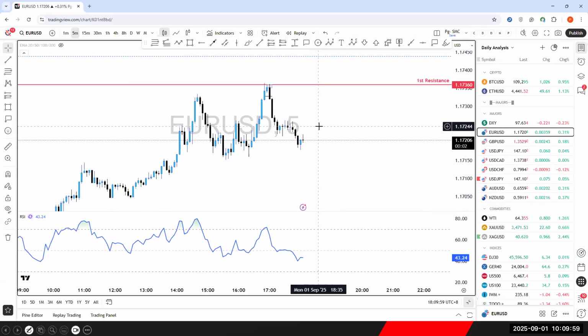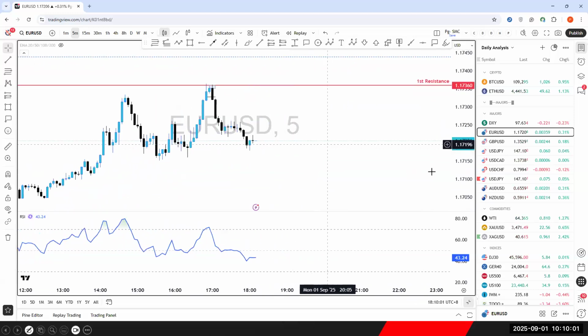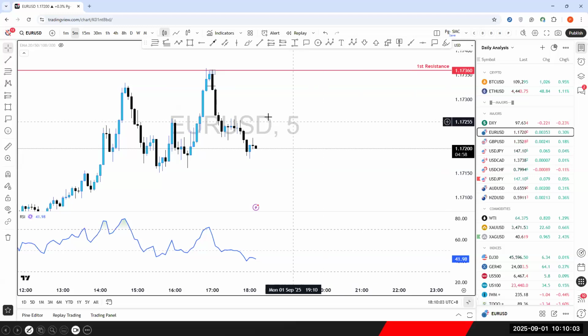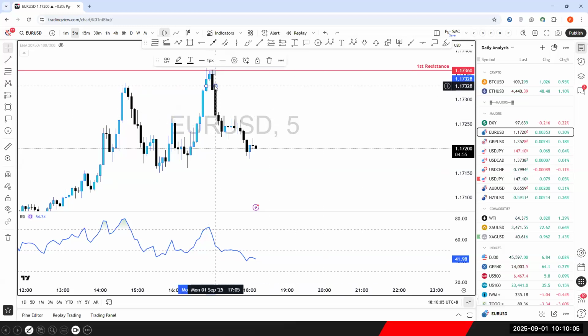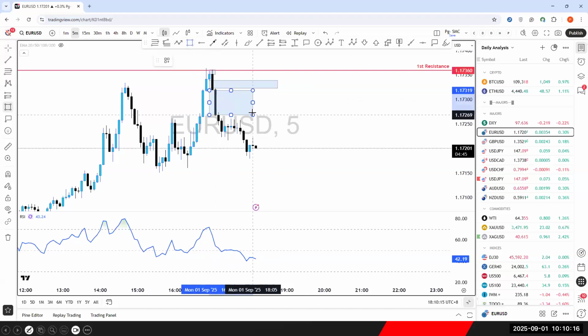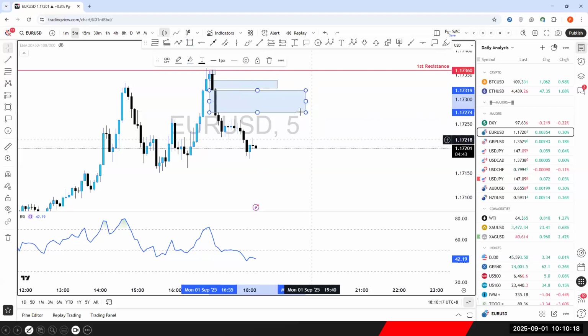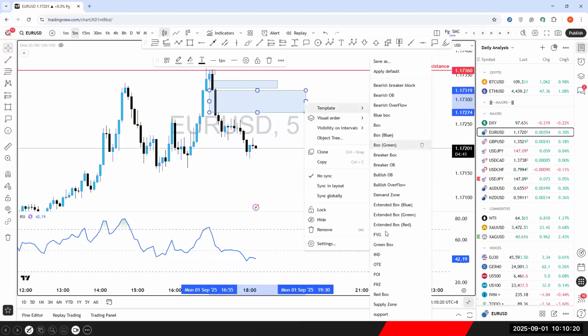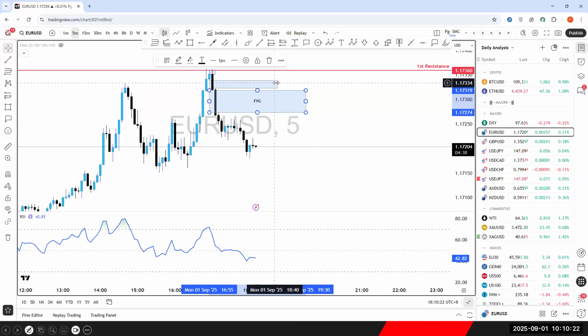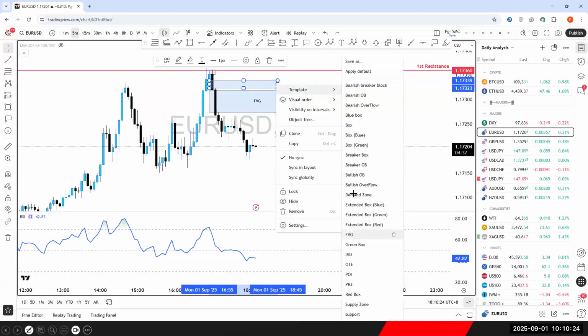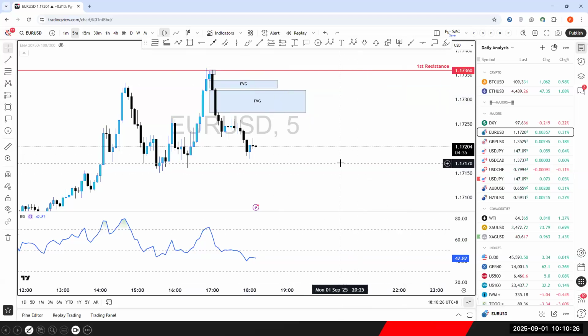Okay, in M5, what do you see? In M5 here, if price pulls back up, what I can look at here, we have FVG. This is your FVG as well. This one is also your FVG. And then which FVGs work? Not every fair value gap will work out, okay? Just marking out for you guys to see.